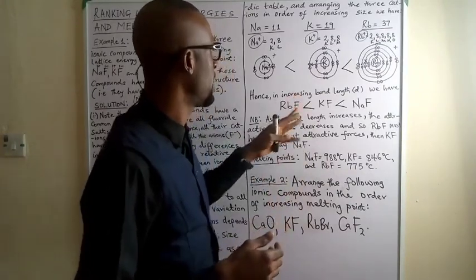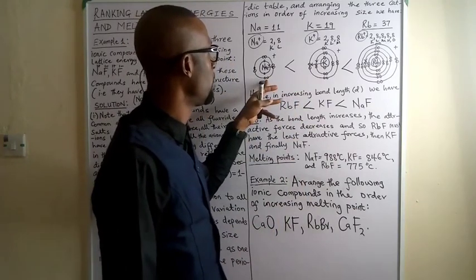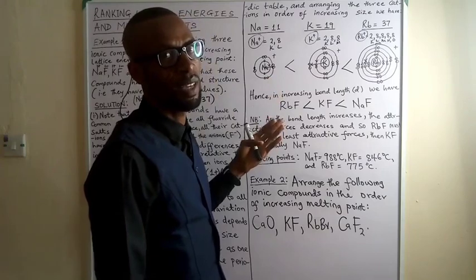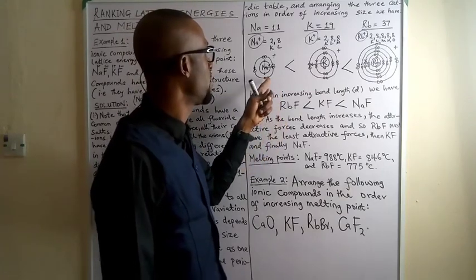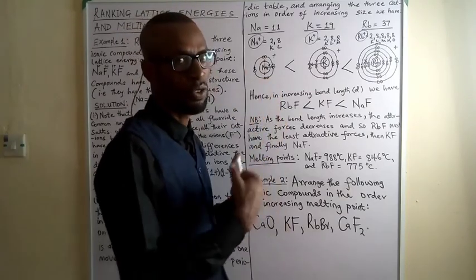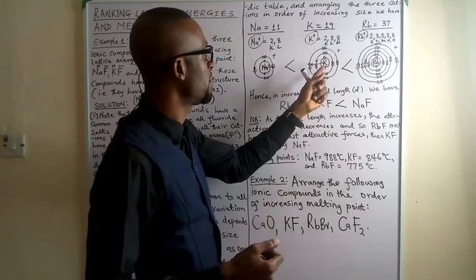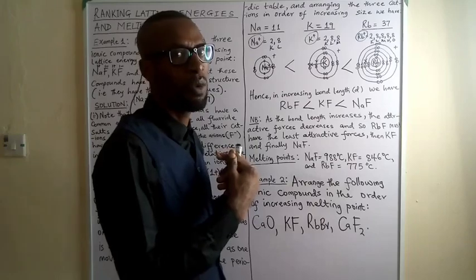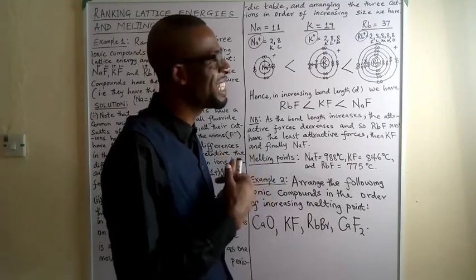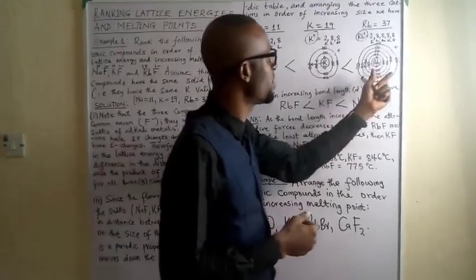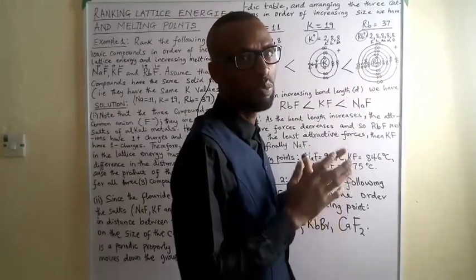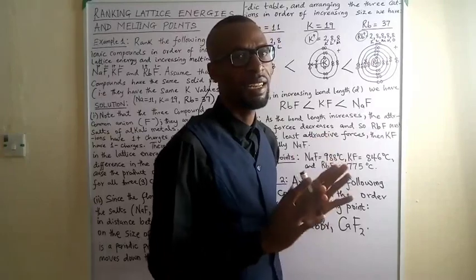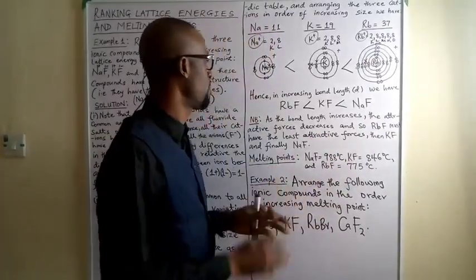So if this is clear, you discover that this has the least ionic radius. So the bond it is going to make with a fluoride ion is going to be stronger than the ionic bond that the potassium ion is going to make with the fluoride ion, which is going to be what? Less strong. And the least strength of ion-to-ion interaction will be between rubidium and fluoride ion. This is clear, and that is key that we understand it.